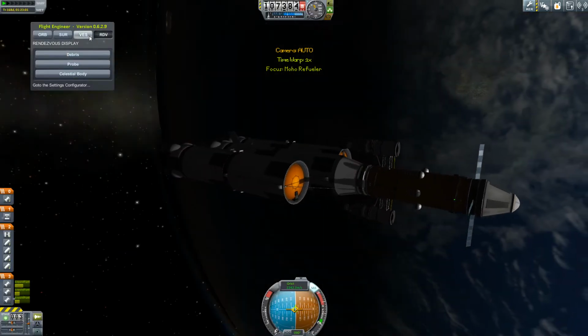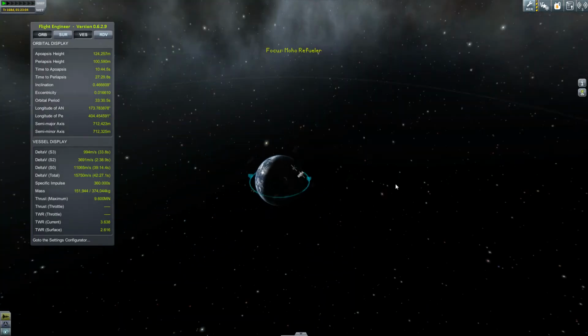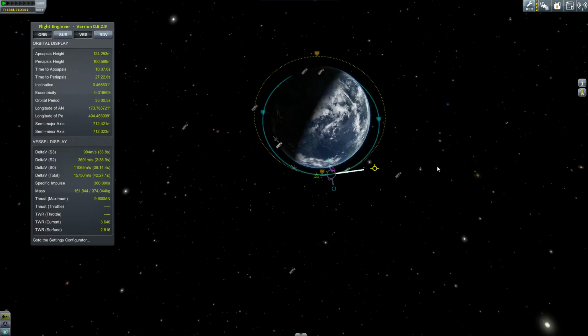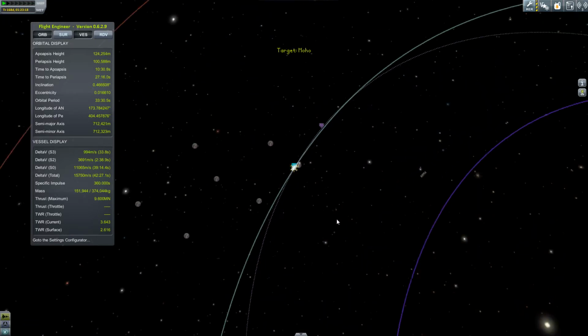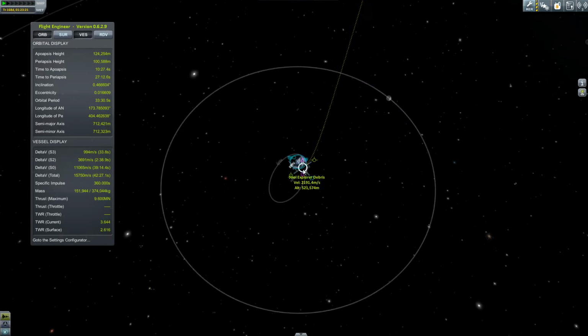So here we are. It's been quite a long time in Kerbal world. Let's go and put our maneuver node. We want to set up a target with Moho. But first we must do this. Something like that. And we'll just set that as the target. There we are. And we'll just adjust this so that it's...